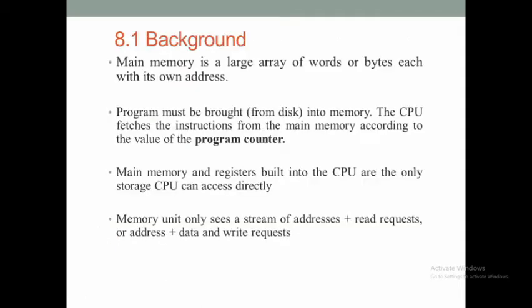Okay. Next, moving on to the background of memory management. What is this main memory? By main memory, we actually mean the RAM, which is also called the primary memory. But your programs and data are initially stored on the secondary storage devices. The secondary storage devices are also called the secondary memory. Okay. RAM is the primary memory and secondary storage devices are the secondary memory.